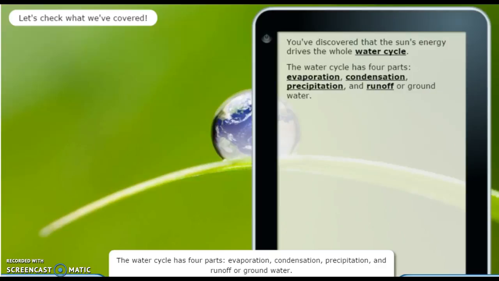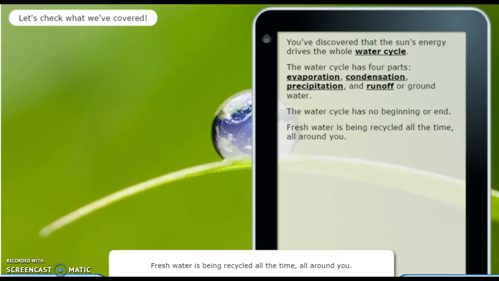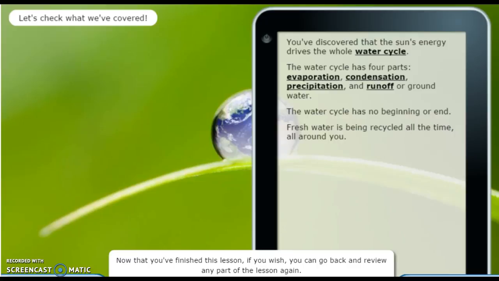The water cycle has 4 parts: evaporation, condensation, precipitation, and runoff or groundwater. All parts depend on each other. The water cycle has no beginning or end. Each step sets the next step in motion. Fresh water is being recycled all the time, all around you. Now that you've finished this lesson, if you wish, you can go